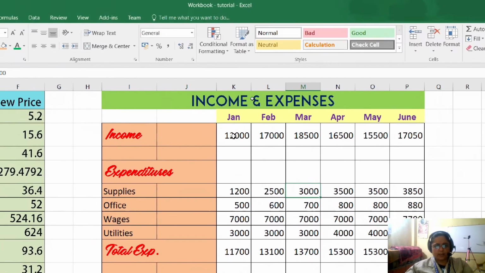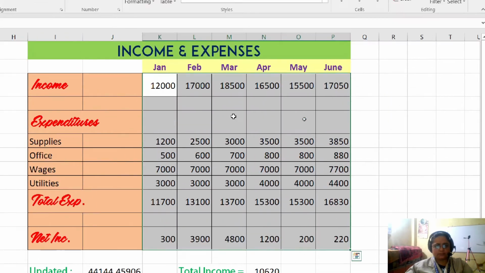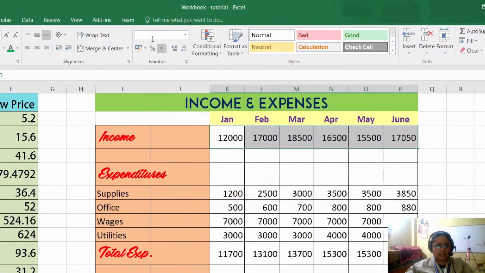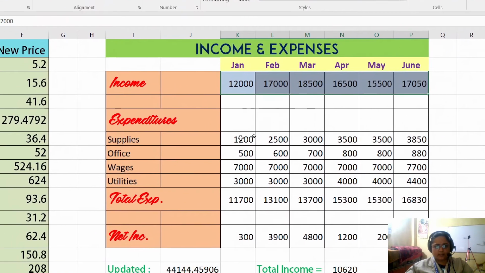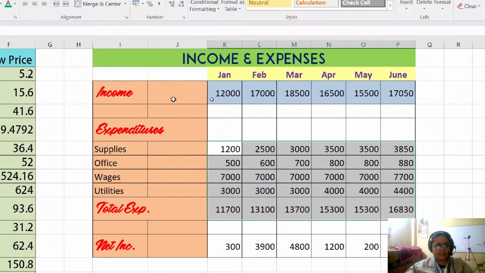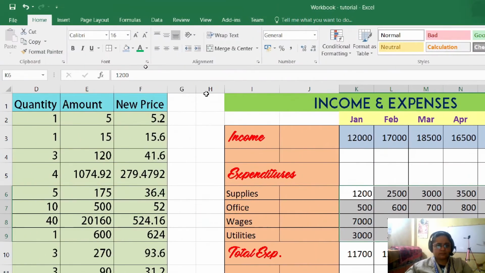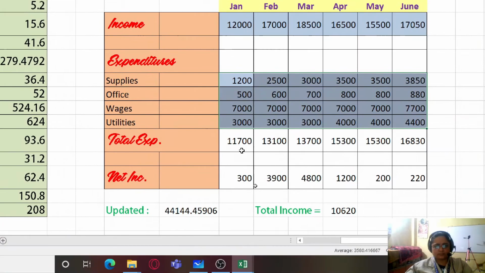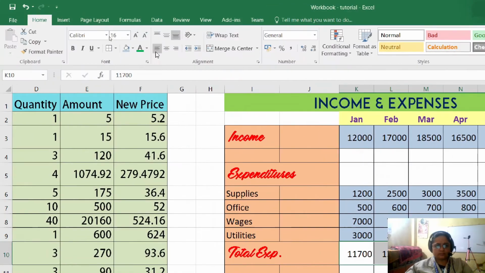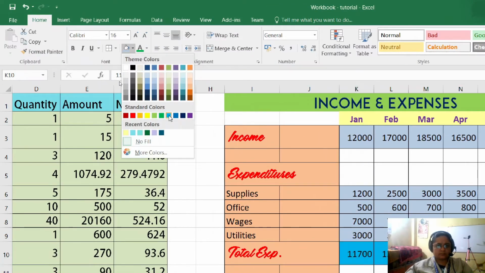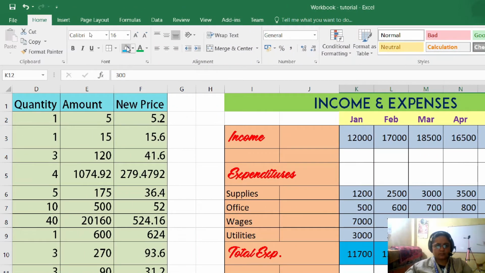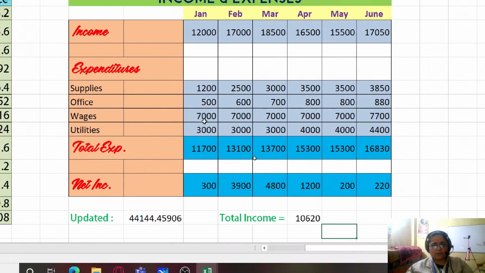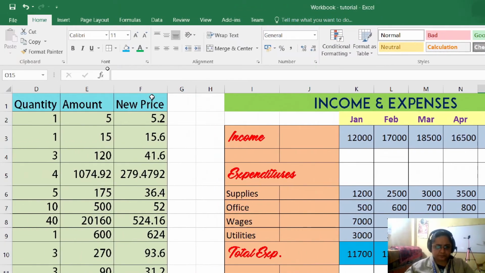So I've provided a background color here. I can provide a different background color for income and a different background color for expenditure. So this way I can format my table.